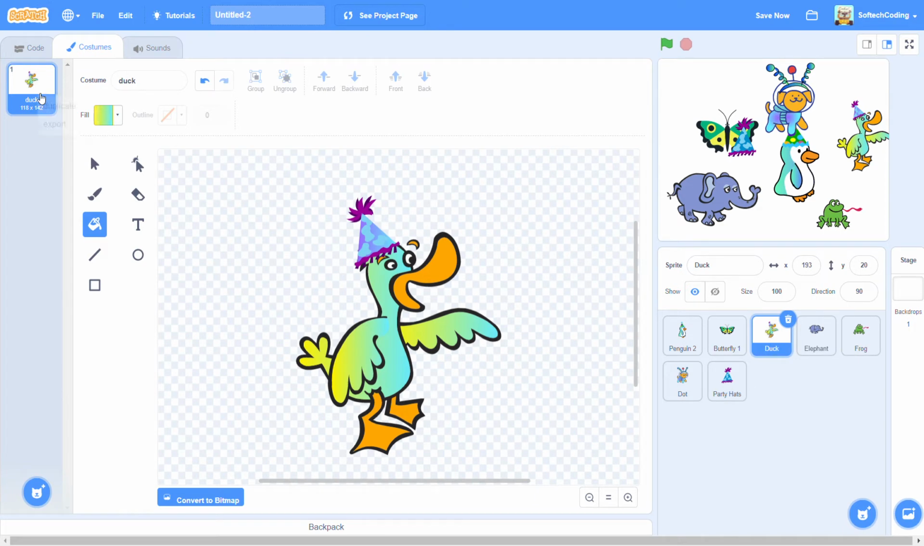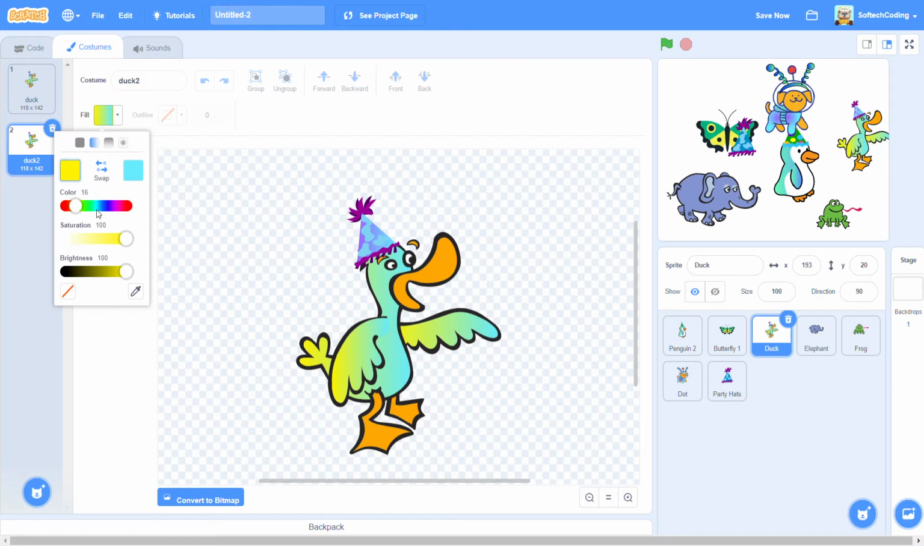And we're going to make one more costume for our duck with different colors. So, for example, maybe a bluish color, or maybe we can do an orangish color with maybe a reddish color or something like that. No, I don't really like that. We can choose maybe a different color combination. Maybe we can do yellow